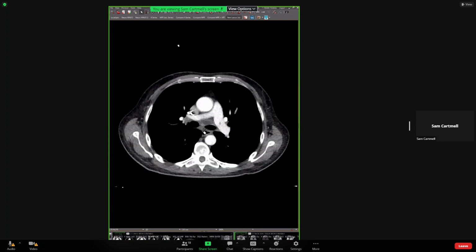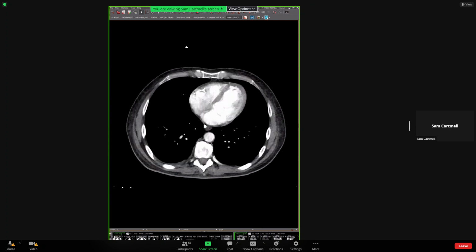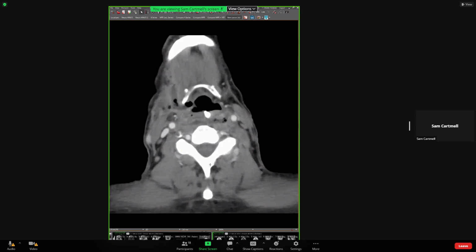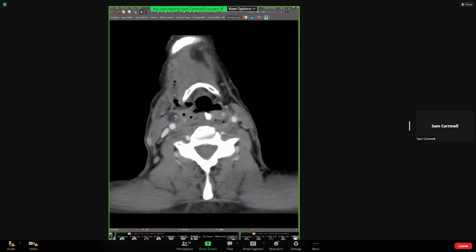Make sure you're scrutinizing. And this all started from an infection on the right side of his face, and it spread all the way down to the mediastinum. So make sure you're checking the bottom of the images on a CT neck to make sure that there's no